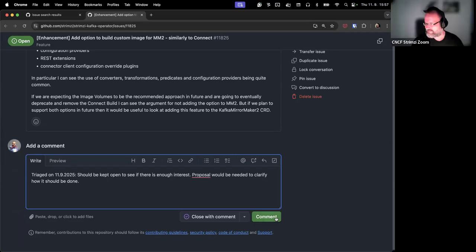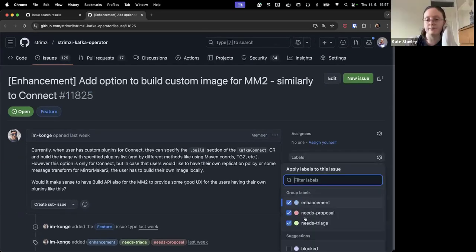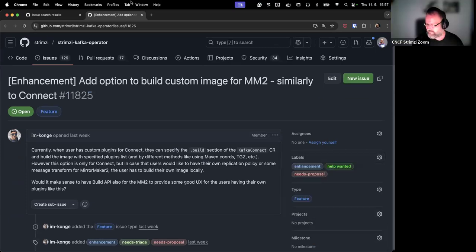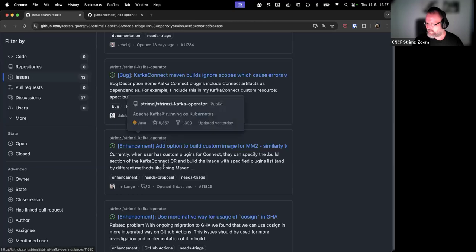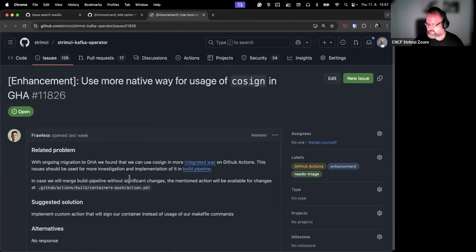So like this. Yeah, thanks. Needs triage, needs proposal, outcome. Okay. So that's just a task from the GitHub Actions board.